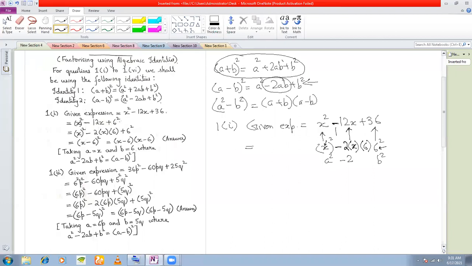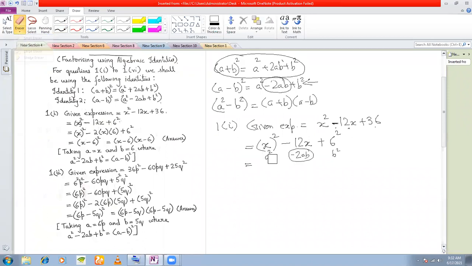That means this is of what form? A square minus 2ab plus b square, which can be written as a minus b whole square, right? So let's try this. This is the way you should be doing. Whenever this kind of expression is given, for the first term, you will see this as a perfect square. So this is your x square. You'll write the middle term as it is, 12x, because we don't know whether it is 2ab or not. But what we definitely know is that this 36 is also a perfect square, which can be written as 6 square. Okay, so we have got our a squared term, we have got our b squared term, right? Now we will check whether this is our minus 2ab or not. We'll check in the next step.